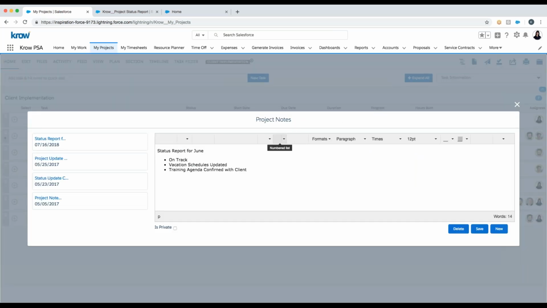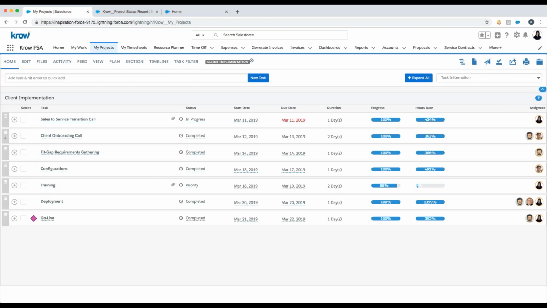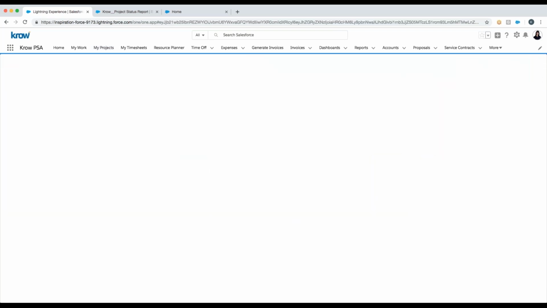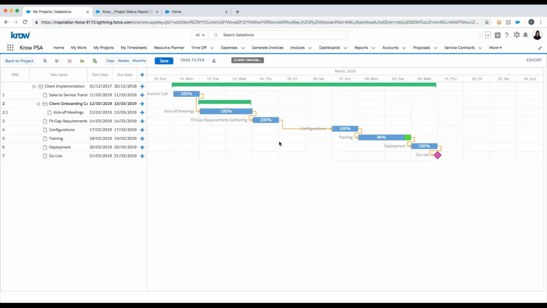I can add project notes, as you can see here as well. I can also automatically send a status report to the client by email and PDF, which we'll see a little bit later as well. Of course, this being a project, you would expect to see a Gantt chart, and here is where I can manage all of my